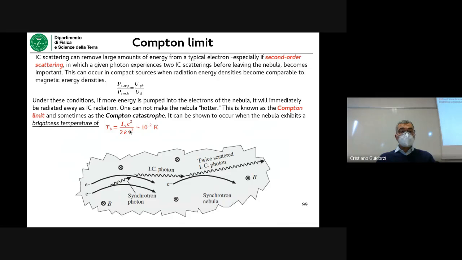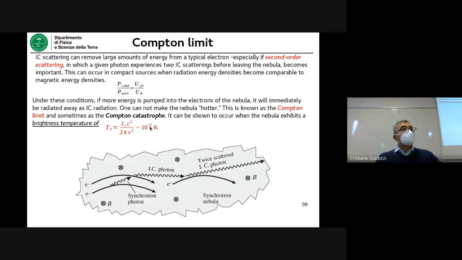And it's possible to see that there is a strong dependence of this ratio on temperature, so that if you try to increase the temperature, you would immediately have all the energy dissipated through inverse Compton. And I just tell you the maximum value of the brightness temperature, which is 10 to 12 Kelvin. So whenever you measure the intensity of a source,